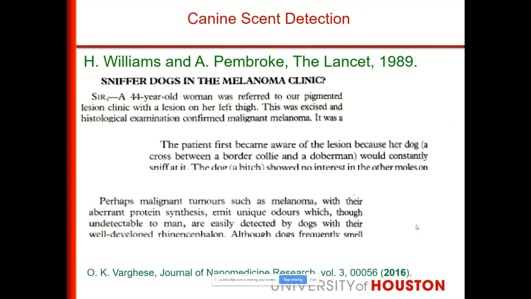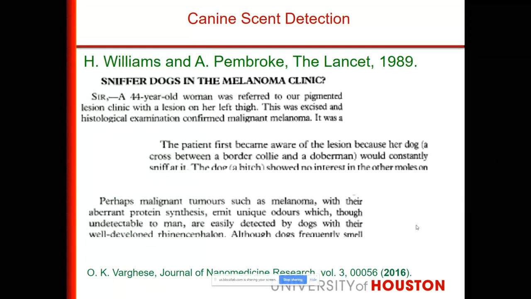The last application is medical diagnosis. We develop sensors using semiconductor materials for medical applications. Here, this is a letter to the editor from a journal, the Lancet, which is a very high-profile medical journal. It came in 1989 that a 44-year-old woman came to their clinic, and